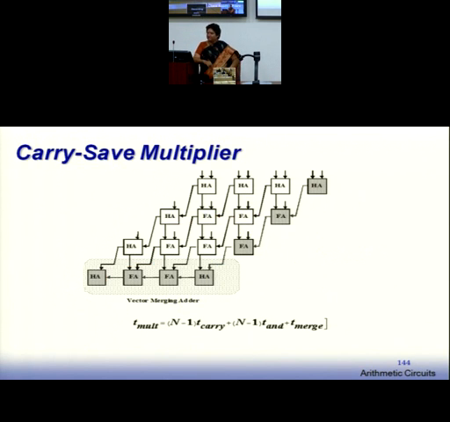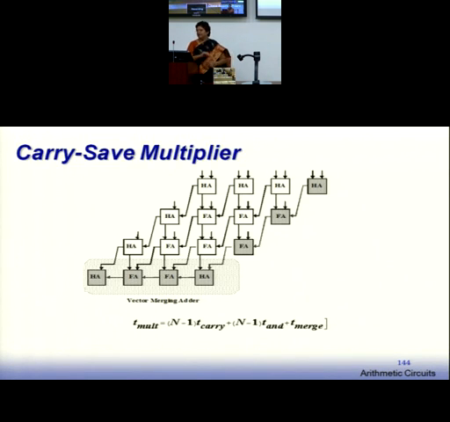Now if I want to convert it into a stored carry format, the carry goes to the next bit position, but it is added only in the next step. So this is an array multiplier implemented using a stored carry format. You are storing the carry bit, not propagating it to the next block. The carry gets added in the next level of addition.